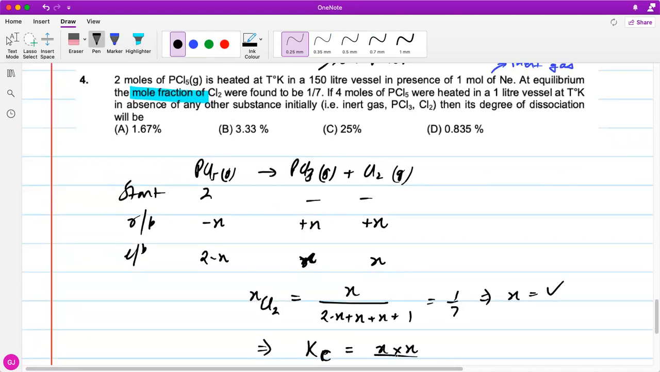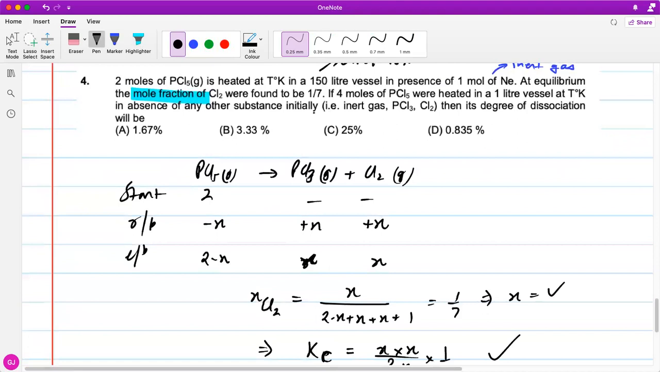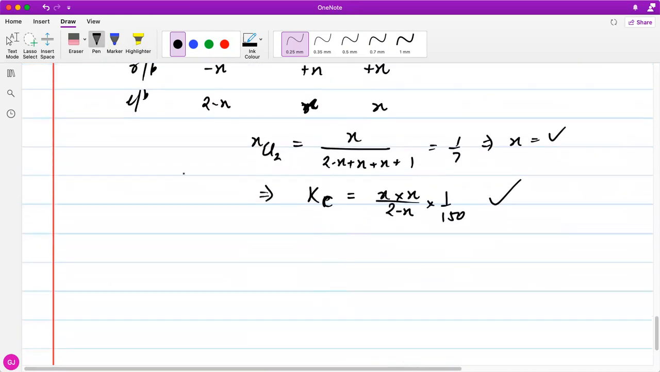Kc will be X into X upon 2 minus X into 1 upon 150. Right? Volume को नहीं भूलना है. So you will get the answer to Kc as well. Right? Now, since the temperature is same for both the situations, the reaction is actually the same. Kc remains unchanged, right? So in case Kc remains unchanged, then you can again solve for the equilibrium,